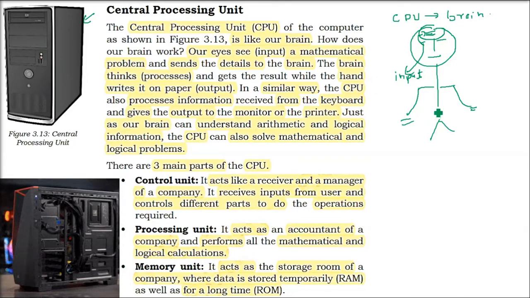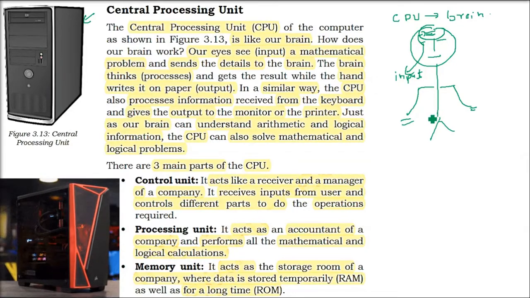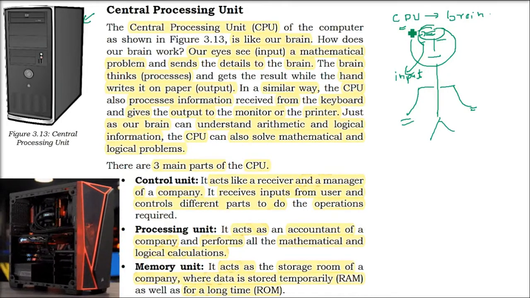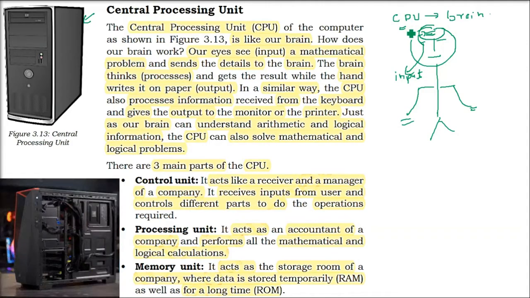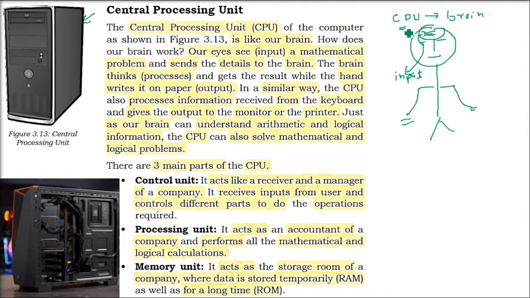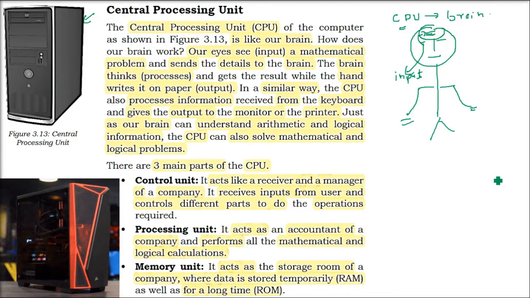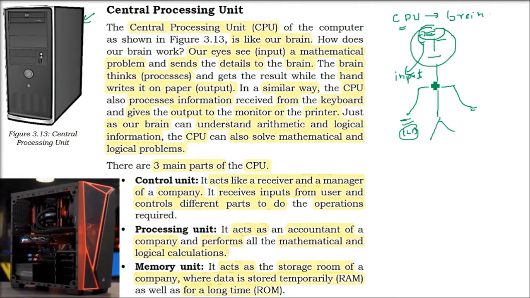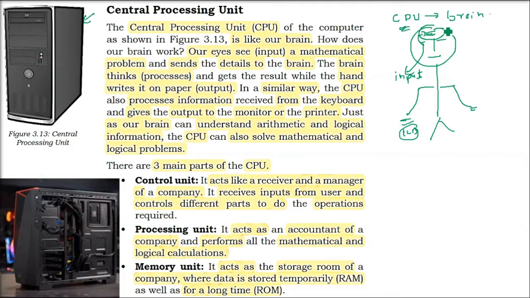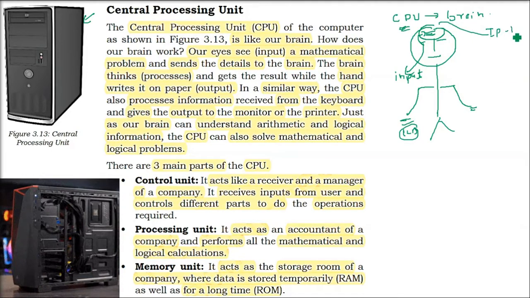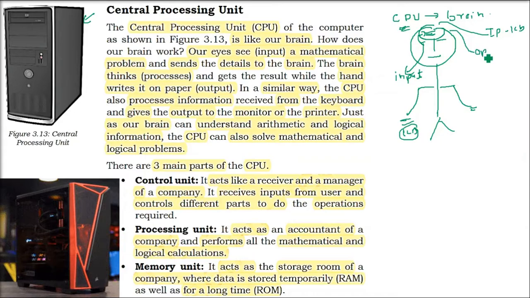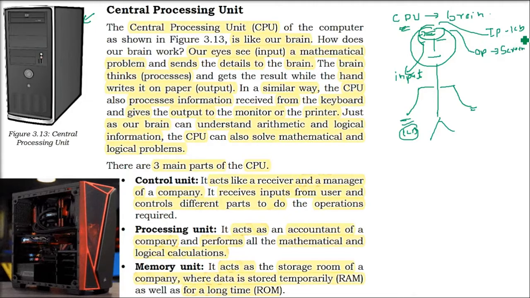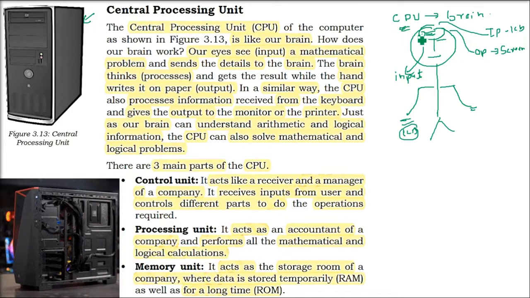You will write it on a paper or do it in some other way to give the result, or act in a certain way. Say, paper output. What your mind is thinking then comes out through your hand. In a similar way, the CPU processes information, and the input is coming from a keyboard, and the output is given to a monitor. It can be a monitor, it can be a printer. There are so many output devices we have discussed.